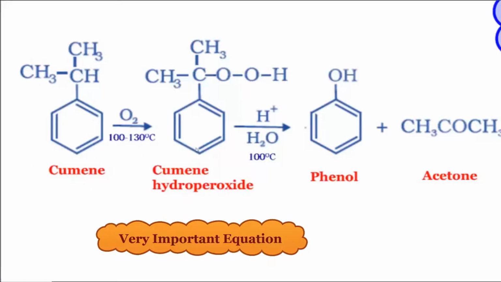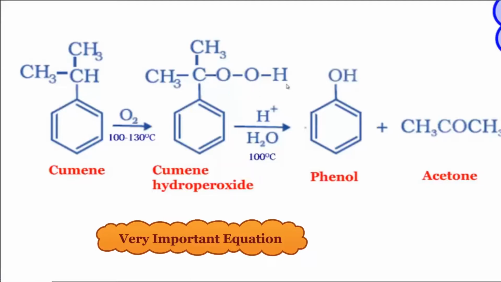So, cumene is oxidized in presence of air. We have to show O2 at a temperature of 100 degrees Celsius to 130 degrees Celsius to obtain cumene hydroperoxide. How to remember this? If you observe the structure, this CH3 is intact, this C is also intact, this CH3 is also intact. What extra has happened here is these 2 oxygens take a linkage in between the C and H. So you have